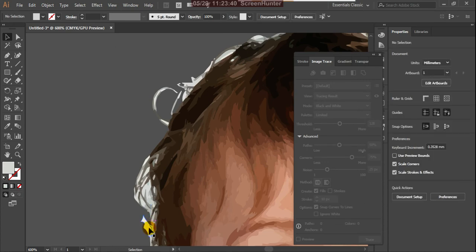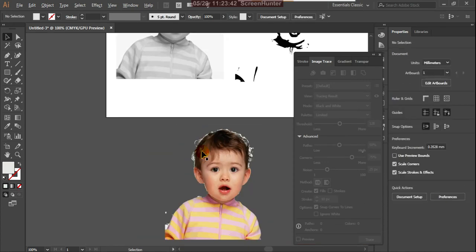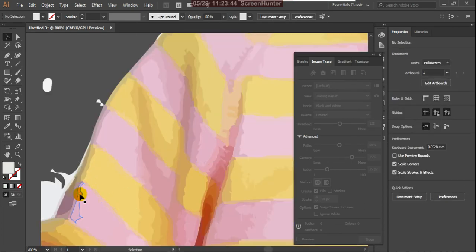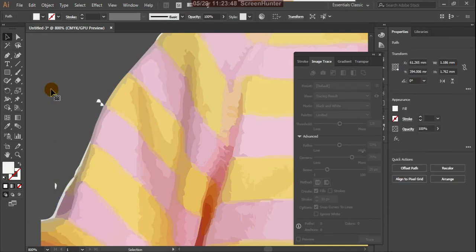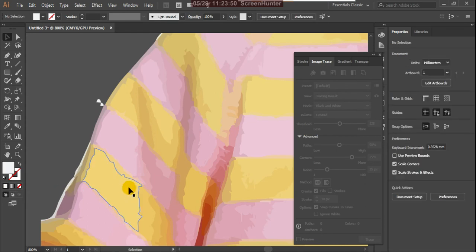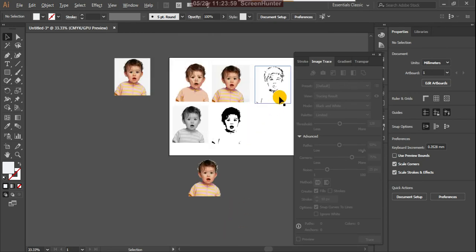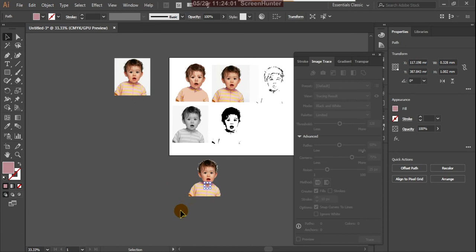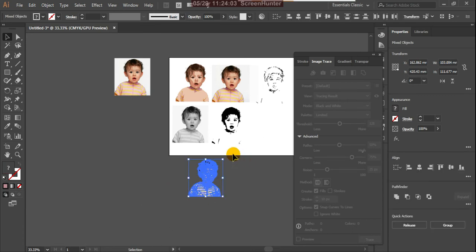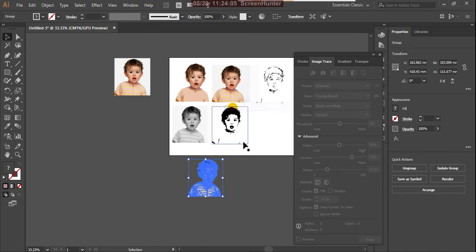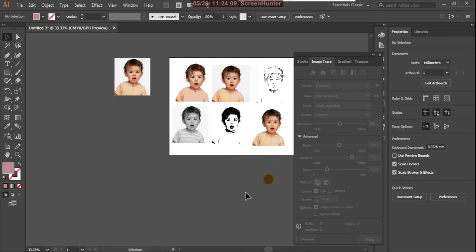Okay, just for the time being, you leave it. I'm not going to remove all these things. Just for information only, I'm deleting a few things. The other things I'm not doing. So then after that, you can combine them in a group, and you can drag it and drop it there.